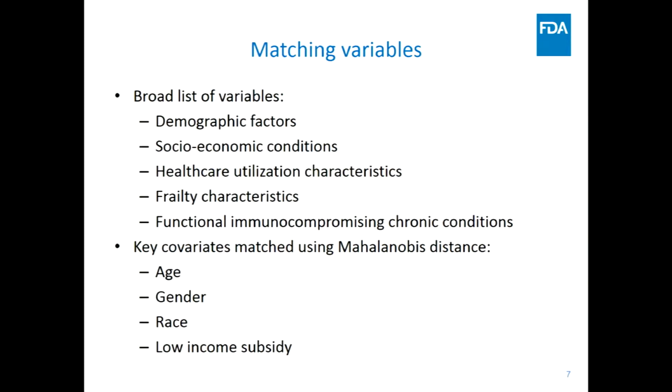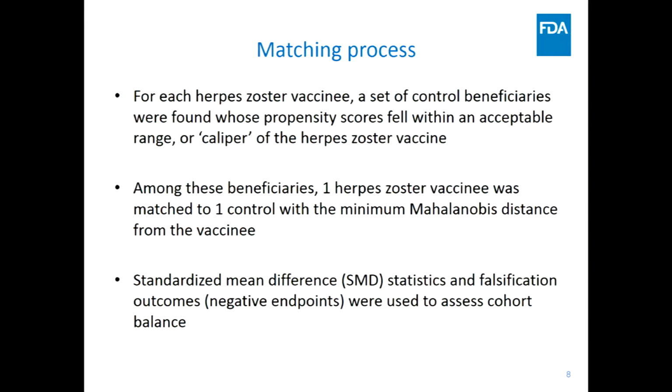And towards the bottom, you will see the important one, which is the one we use Mahalanobis distance for. And in this two-step approach, I hope I will convince you that we got a good matching. So because there were approximately 1 million herpes zoster vaccinees in the fee-for-service database for the years 2007 to 13,